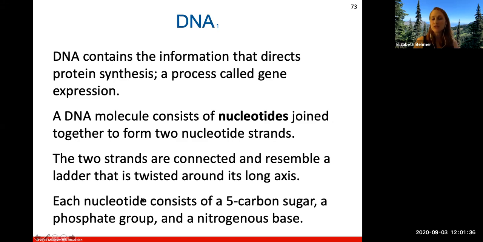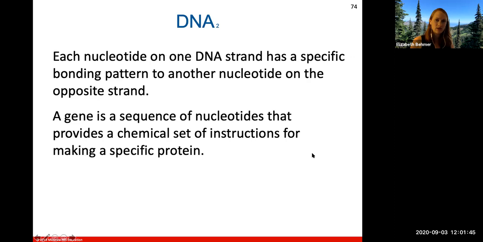And each nucleotide consists of a 5-carbon sugar, a phosphate group, and a nitrogenous base. Each nucleotide on one DNA strand has a specific bonding pattern to another nucleotide on the opposite strand. So the bases will only attach to another specific base, and those bases will attach to each other through hydrogen